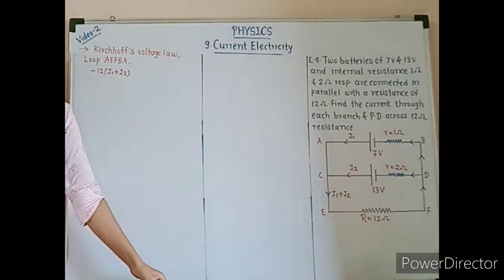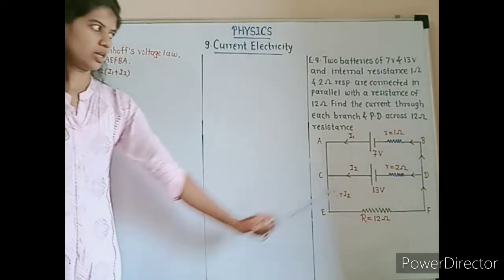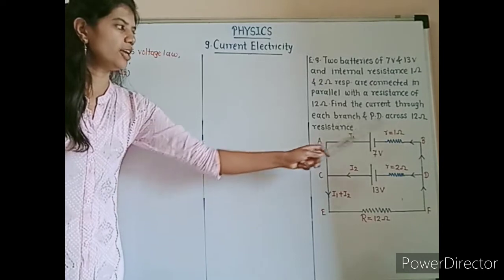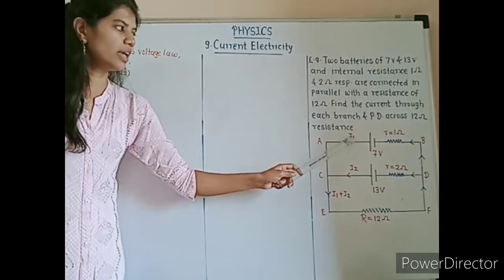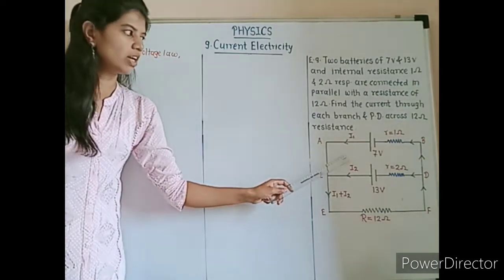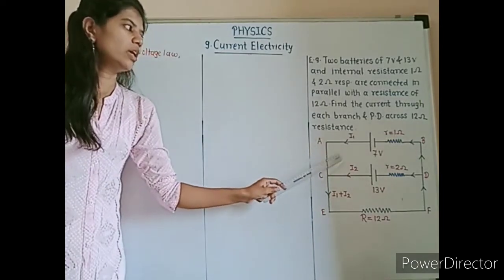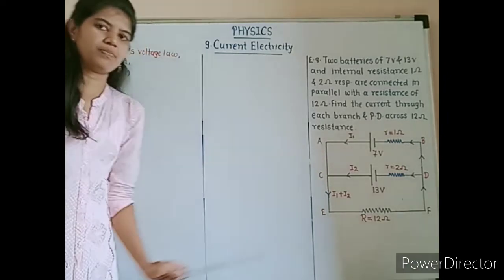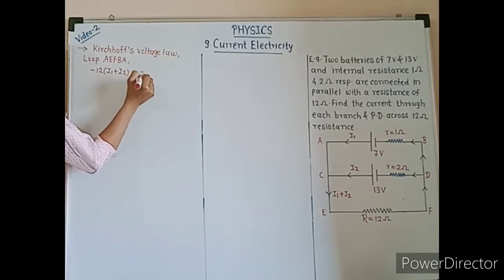Now we are tracing the loop from F to B. Again here no resistance is connected. And from B to A we get the term V is equal to I into R, that is 1 I1. But again here the direction of conventional current and our travelling path are same, that is from B to A. So V is considered to be negative, that is minus 1 I1. So here we get minus 1 I1.